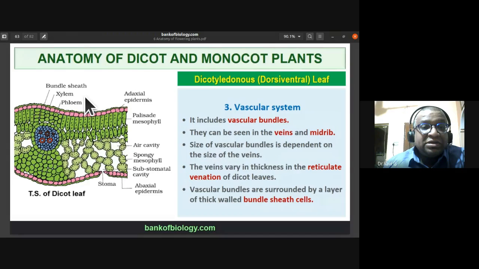Whenever they ask you the description of dorsiventral leaf, you have to draw these labeled diagrams, and labeling is important. See, 10 labelings, each labeling you get half mark. So the diagram should be neat. Technically, it should be correct. And appropriate labelings are there. Each labeling carries half mark, and you get 5 marks. So this can be given as a diagram. From anatomy of the stem, root, and leaf, anything can be given as a diagram, and you should be prepared for drawing it.